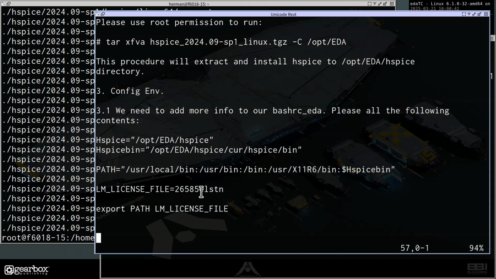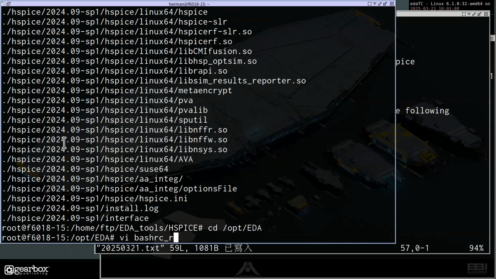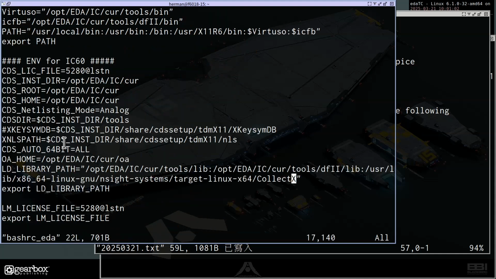This time we set up our license server to LSTN, right? Then export it to an environment variable. So I will add this. Let me go to etc, OPT EDA, vi bash EDA.